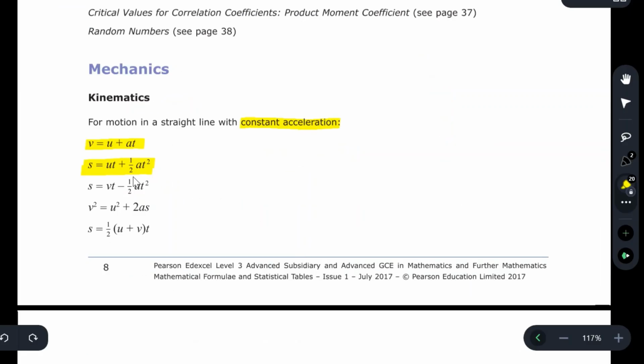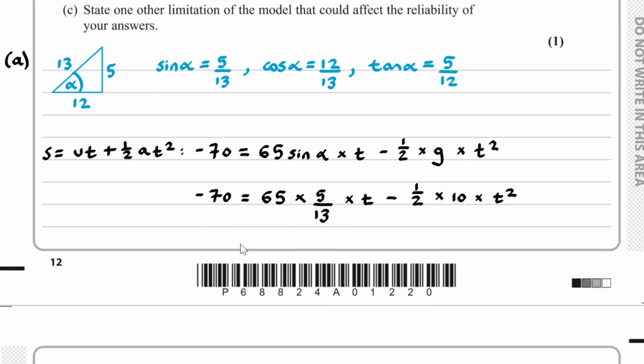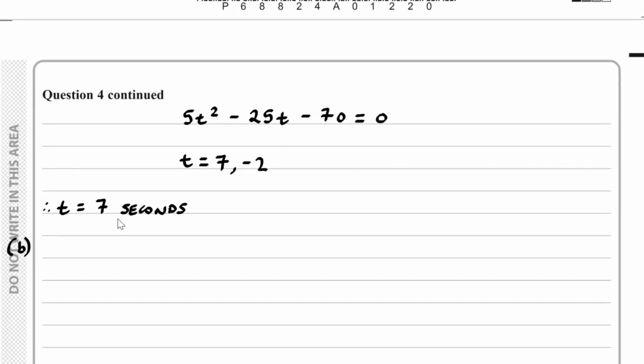Now, we have to use the constant acceleration formula, v equals u plus at. So, if we use v equals u plus at,